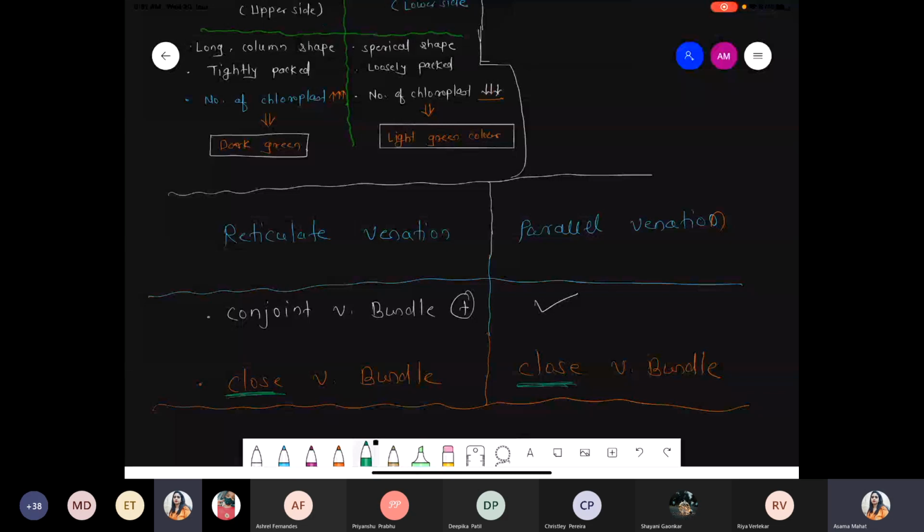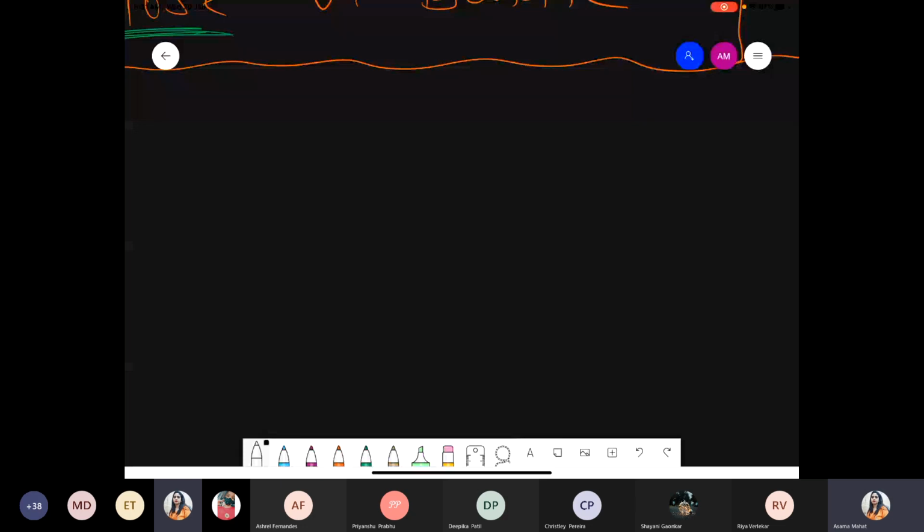So now we are talking about the last point of the leaf, that is motor cells, also called the bulliform cells. And one question was already asked in the last NEET examination. If you have the module in front of you, please take a screenshot of that question, which is related to bulliform cells. I think it is from 2019, 2019 or 2018. So next we are talking about the motor cells, also called the bulliform cells.